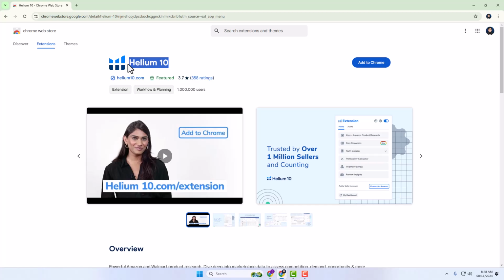This Helium 10 software is too expensive direct from the company. So you will buy this from resellers, anywhere in the world, not direct from the company. If you buy direct from the company, it is more than $3,000 per month.